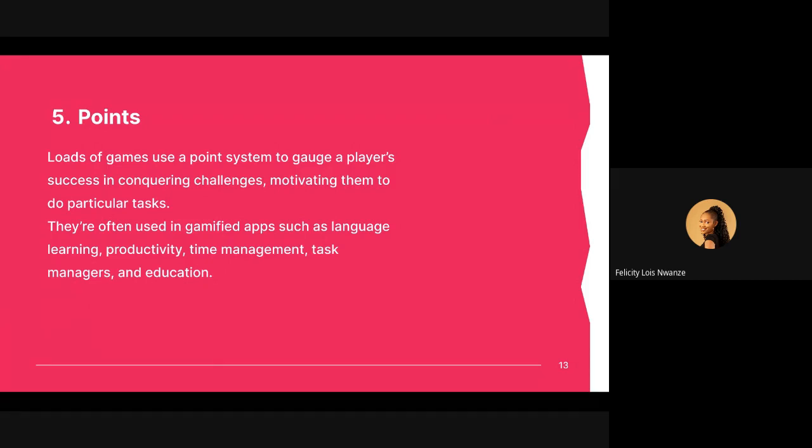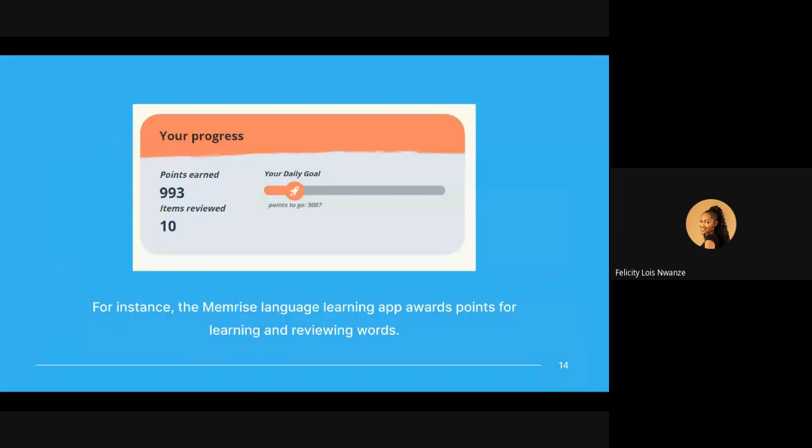So when you're playing a game and you're conquering challenges, you're acquiring points, it helps you to gauge your success. It motivates you to want to do more. Now I've acquired like 30 points, I'm going to keep going, and I'll acquire like 100 points. It helps you to keep going. So let's look at an example of points in gamification. Just like you have this for Memorize. Memorize is a product just like Duolingo that teaches people all of those things. So you can see the number of points earned, and you can also see your progress. So it wants to keep you going, right?